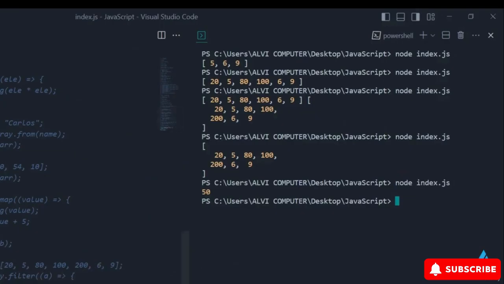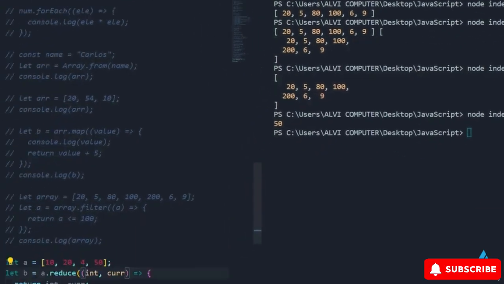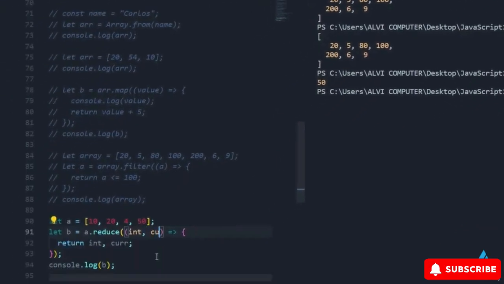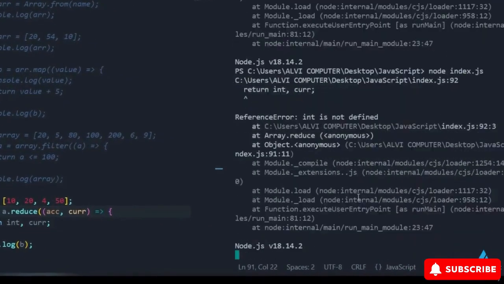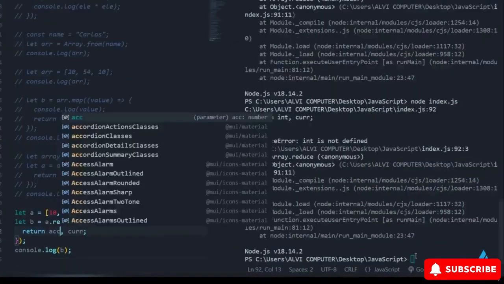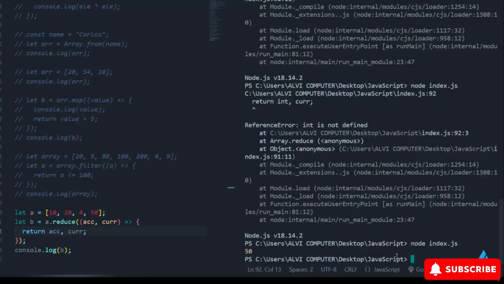If you want to add another initial value, you can add it in brackets outside of the array like this. Let a equal [10, 20, 4, 50]. Let b equal a.reduce(acc, cur). Return acc, and then console.log. Now, if you run node index.js in the terminal, the new initial value 5 will be printed as a